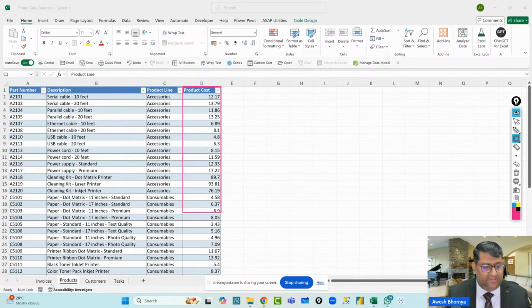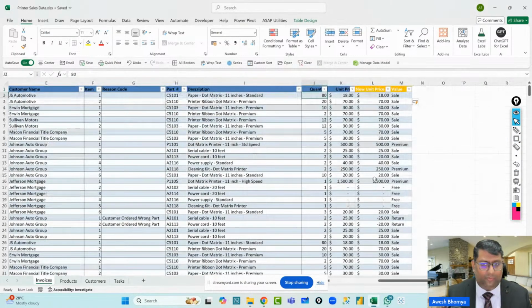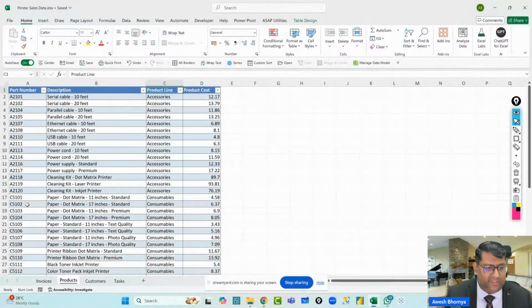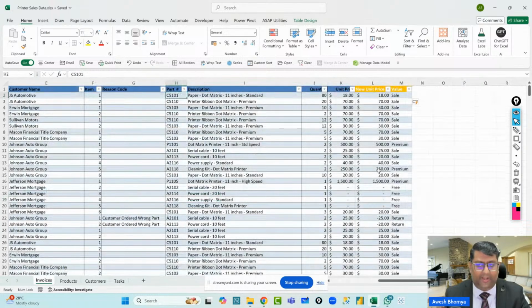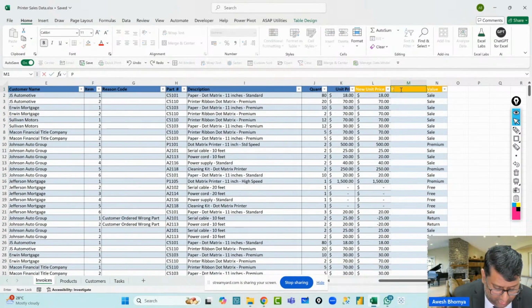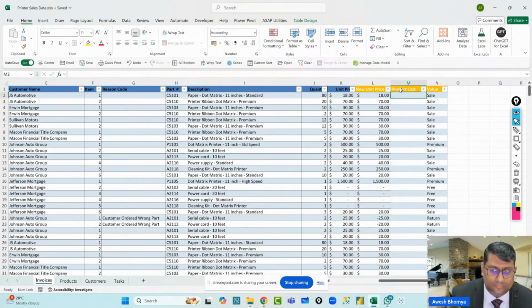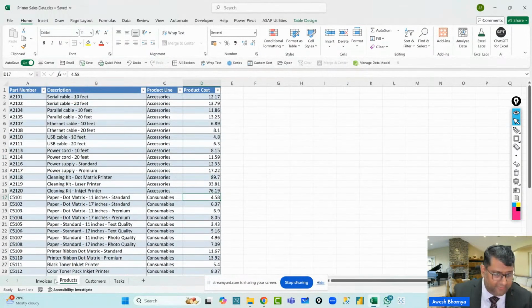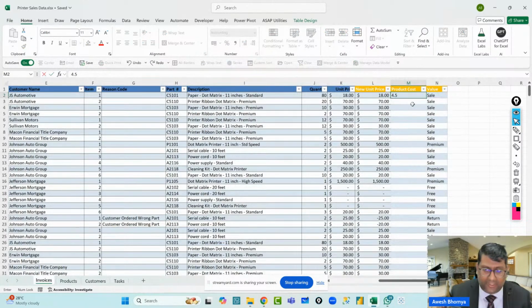So now, since you've got the column, you can just go ahead and plug in the values. But the challenge lies in the problem where I have to go and look it up. For example, I look at my invoices table and I can see there is a part number C5101. So I go to my products table and look for C5101, and in the last column I see 4.58. So I go back to my invoices table and create a column in between the two of them, and call it product cost. And I write whatever the value of C5101 is, that is 4.58, and press enter.